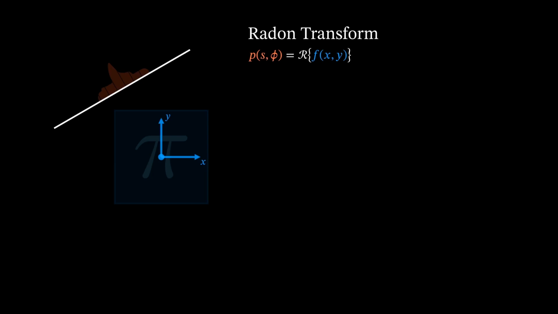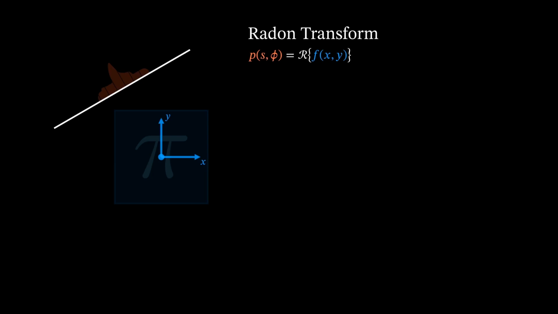On the other side, we have the projection space that consists of the coordinates s and the angle phi. The detector function is also known as the projection function. These terms can be used interchangeably. To transform from f to p, we need to apply the Radon transform, which we now want to build up